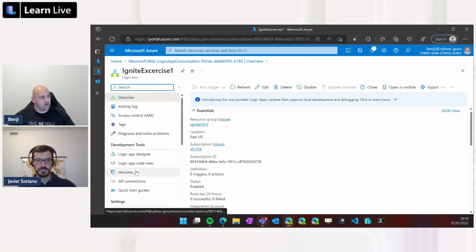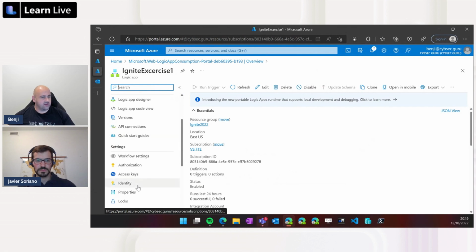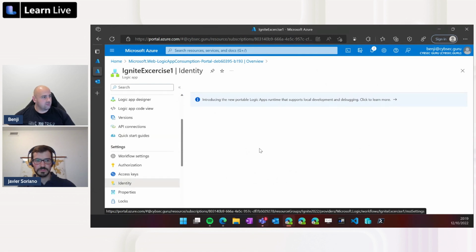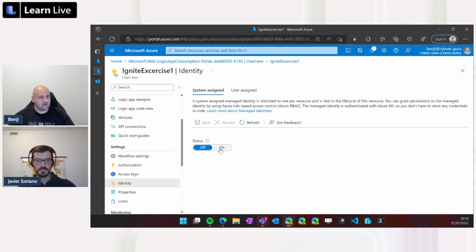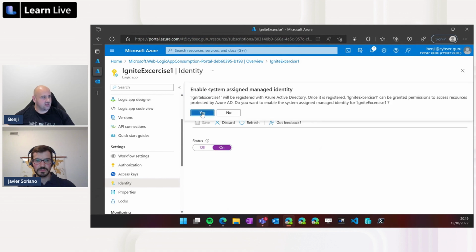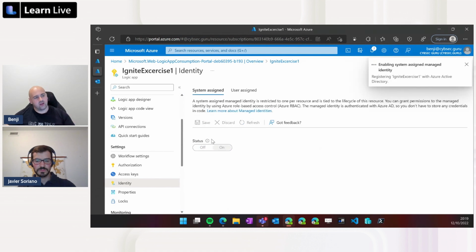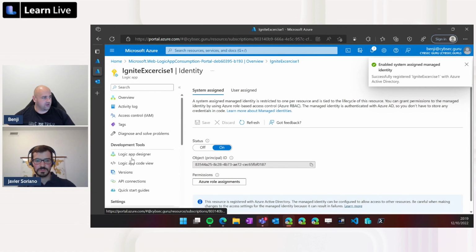That will lead me back to my logic app, go to identity, and I will need to enable inside of the identity system assigned managed identity. That system assigned managed identity will give me possibility to utilize that managed identity that is assigned to the system. So we click on save, yes, and now it will actually create that managed identity for me in the background.